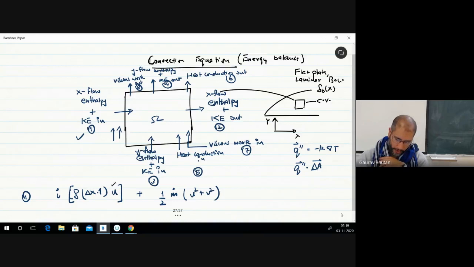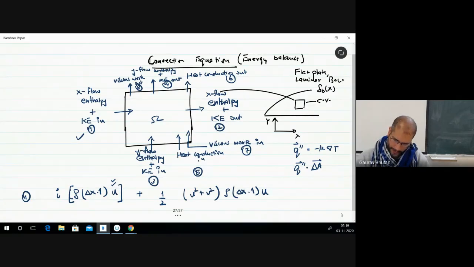So this u that you get is because if you take the vector velocity and take a dot product with the normal vector, then you end up getting the x component only, which is u. So we always talk of energy as some flux dotted with the area that gives you the watts. All right. So this is the second term where you have the m dot. The m dot again can be written as your density times delta x times 1 times your x velocity here, which is u.